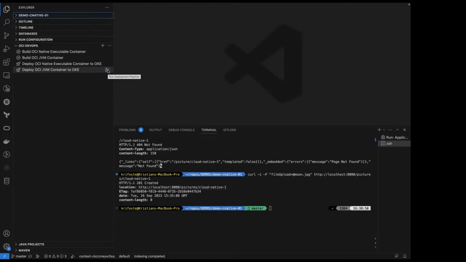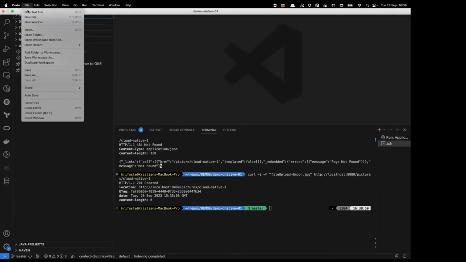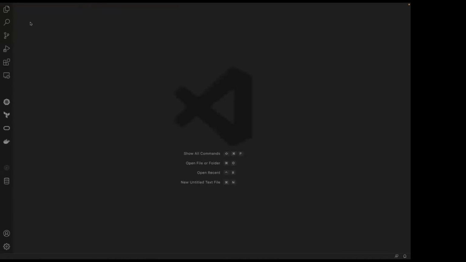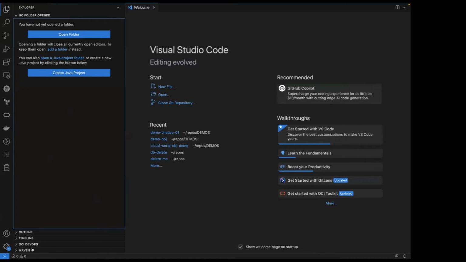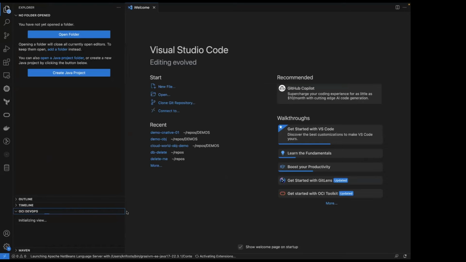And that's kind of half the story, as I alluded to before. It's great to be able to create an application, then run it locally. And then it's even better if we can push that application to the cloud. But typically, we're going to operate as a team. So if we're operating as a team, we want to be able to share our applications, right? So I'm going to create a new VS Code window.